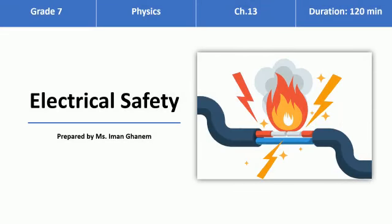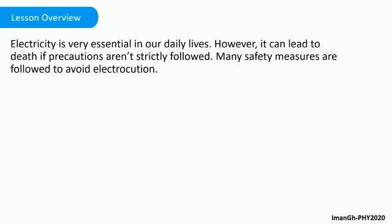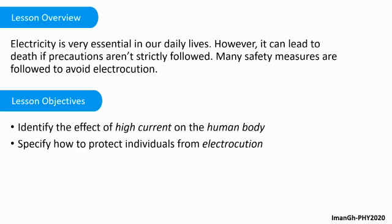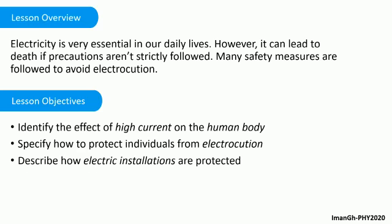Today we will start with Chapter 13, Electrical Safety. Electricity is very important nowadays. However, it can pose a significant danger when mishandled. At the end of this lesson, you'll be able to identify the effect of high current on the human body, specify how to protect individuals from electrocution, describe how electric installations are protected, and finally, explain the effects of a